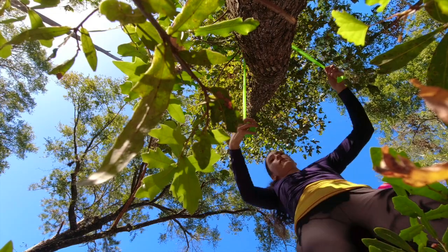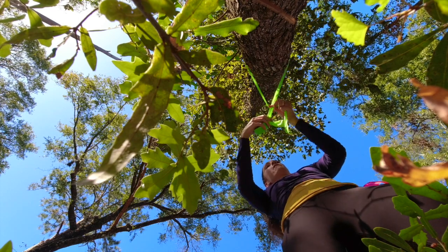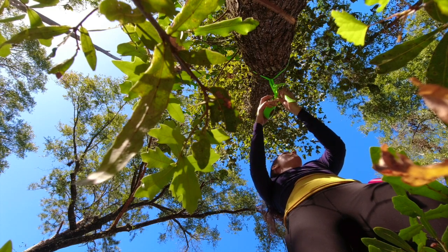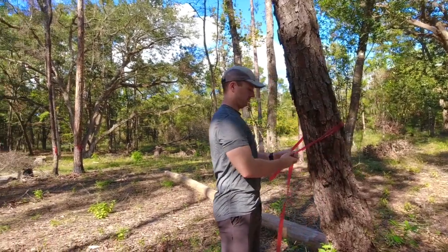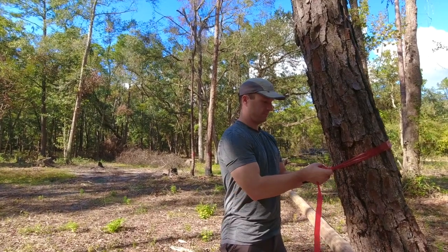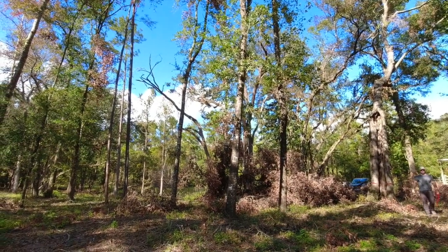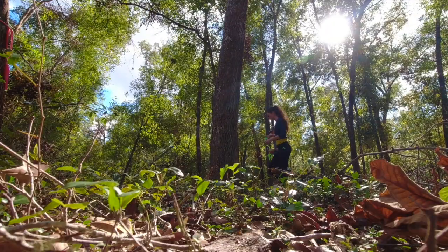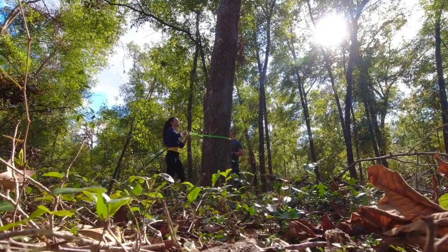But the more that we're learning about the process of developing the land and putting in a septic and having a garden, the more we're starting to realize that at least for a portion of our property, we're going to have to take out quite a few trees. We were also starting to figure out that there was a bit more damage to some of the standing trees from the hurricane than we had realized. And while we're at it, we're going to have to get those taken out as well. So there's going to be a lot of changes in the next few weeks or months, probably months, to what